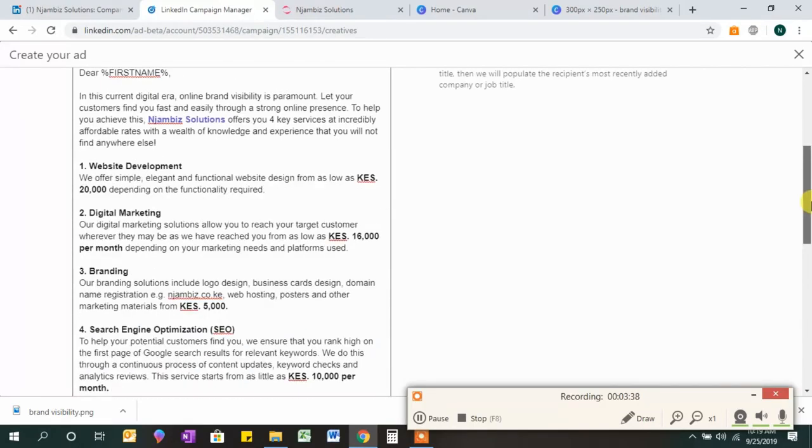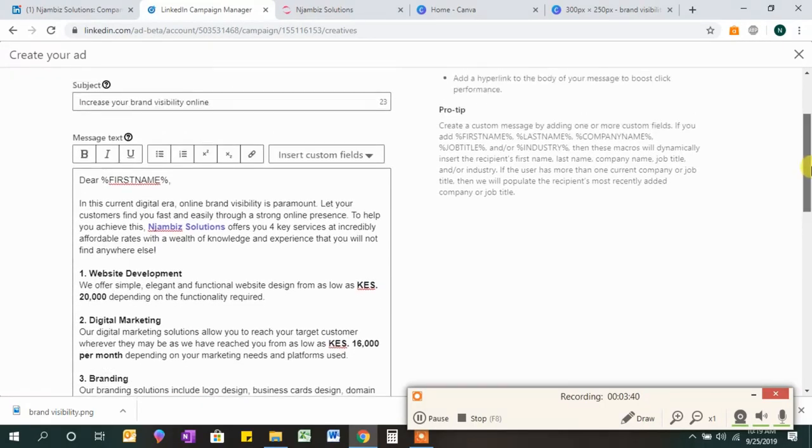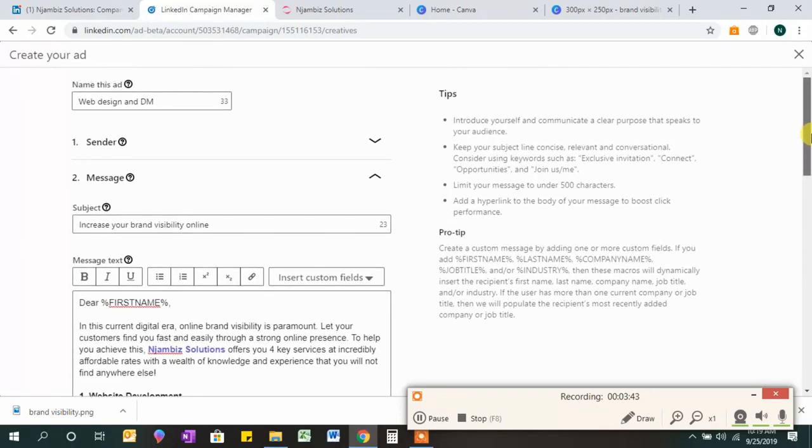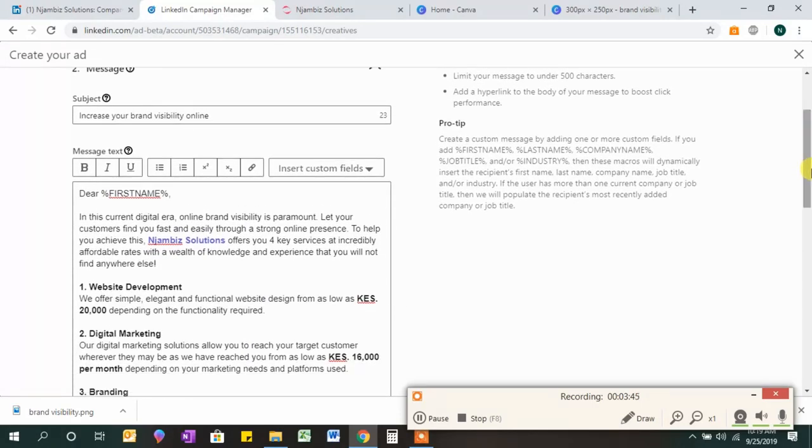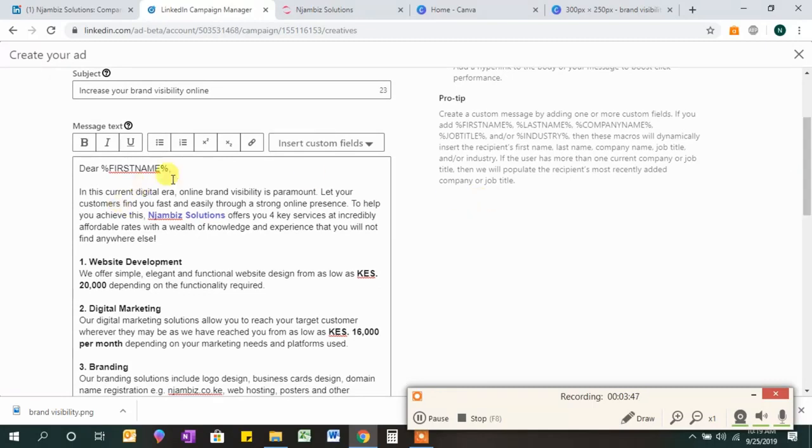Okay, so I will take you through what we've done so far. I've put in the text as mentioned, and then this bit I wanted to show you. If you want to address someone, personalize the message, and you want this to say, for example, in my case, "Dear Njambi," then the message, you input